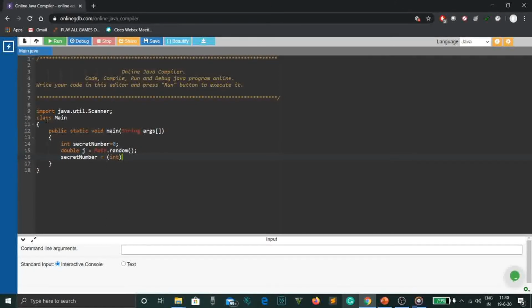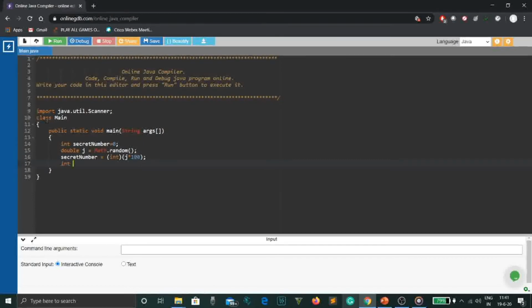So we have to take it as double. We typecast it to int in secretNumber = (int), and then we multiply j * 100 so that whatever the value is, it will be converted to a value between 1 to 100 and not 0.0 to 1.0. So that's why we multiply j by 100.